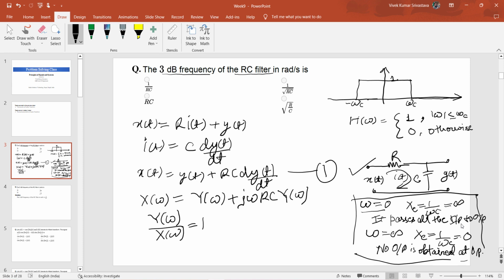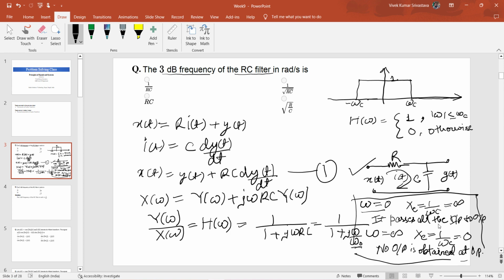So this represents the transfer function of this low pass filter. Okay, and this can be written as 1 over 1 plus j omega RC. So this we can compare with the transfer function of a standard low pass filter, which is nothing but 1 over 1 plus j omega over omega naught,